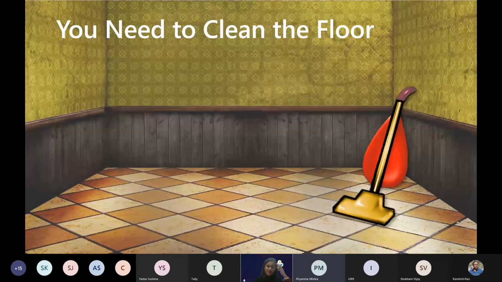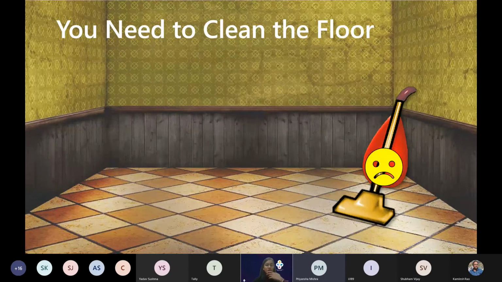So let's imagine that you need to clean the floor, and you have been given a vacuum cleaner, but this vacuum cleaner,